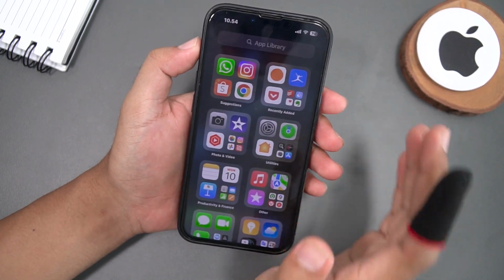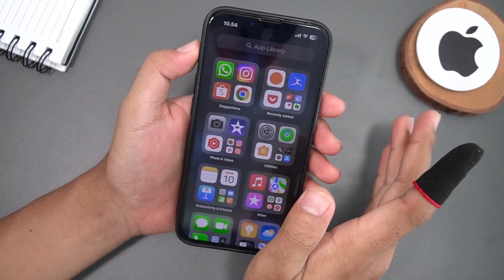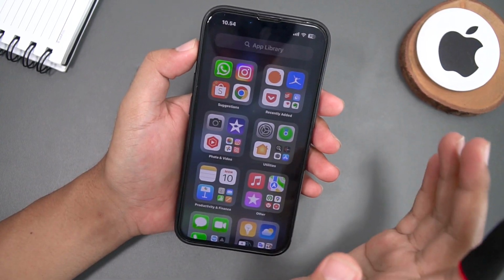In today's video, we will be mastering iPhone gestures and shortcuts that will take your iPhone user experience to the